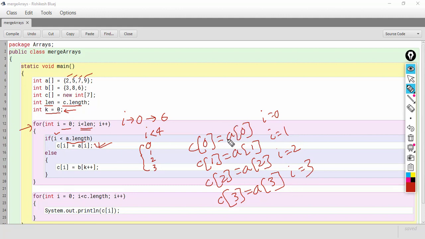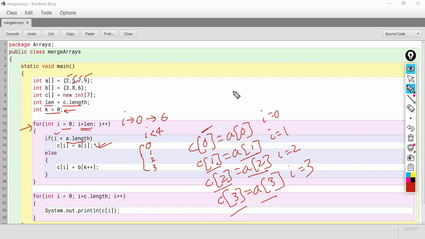So you can clearly see that A of 0, that is 2, will go in the 0 index of C. A of 1, which is 5, will go into C of 1. A of 2, which is 7, will go to C of 2, and A of 3, that is 9, will be copied to C of 3.